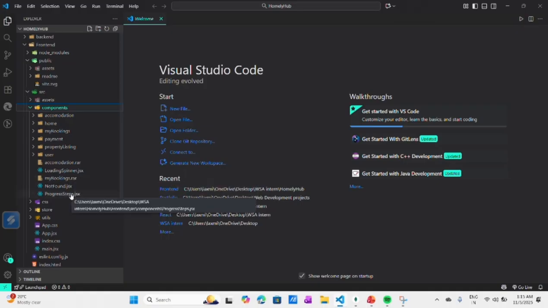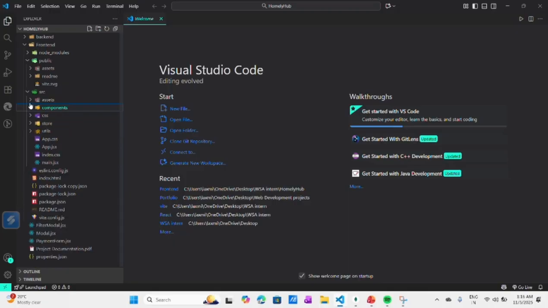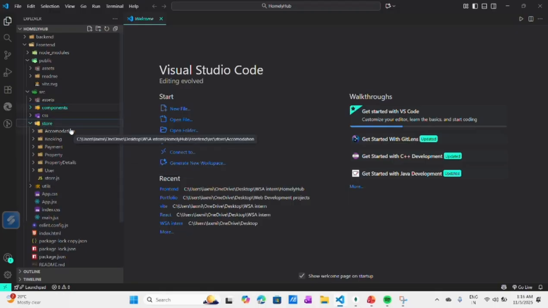Some main files are also there, like app.jsx, app.css, index.css, and in the store folder we also have folders like accommodation, booking, payment, property details, and user, and in user we have the userAction.js file and userSlice.js file.